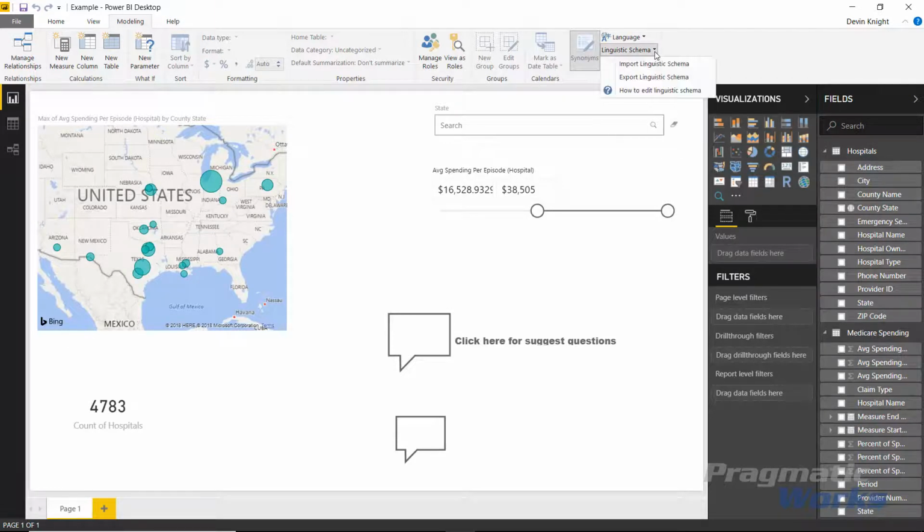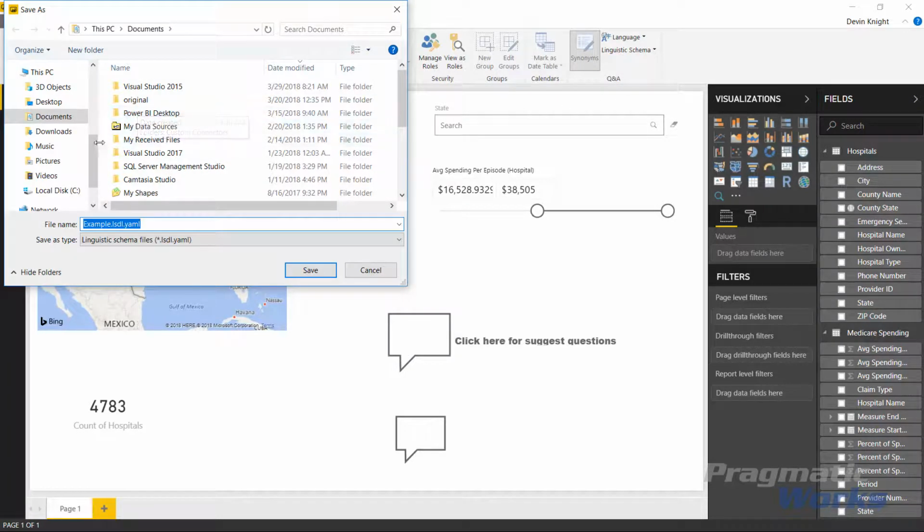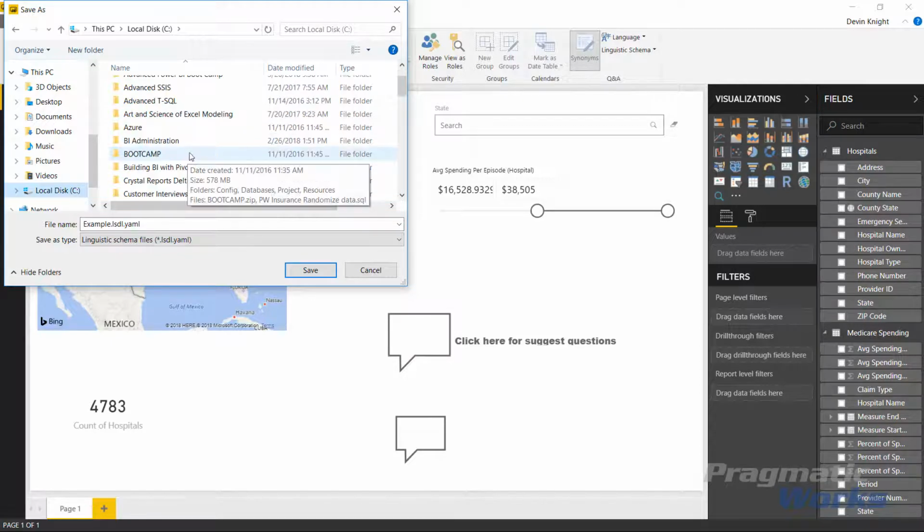And if you hit the down arrow on that, you'll see there's an option here to export a schema, import a schema, and then you can also just learn a little bit about how to work with the linguistic schema. So your first step here is you would export the schema from this model. So I would select export, and by the way, I've already done this, so I'm not going to export it a second time. But I would export this, go save it to a location that I want, and then I